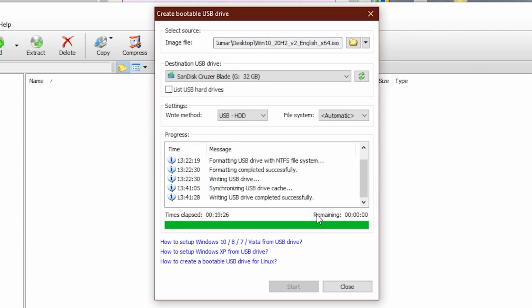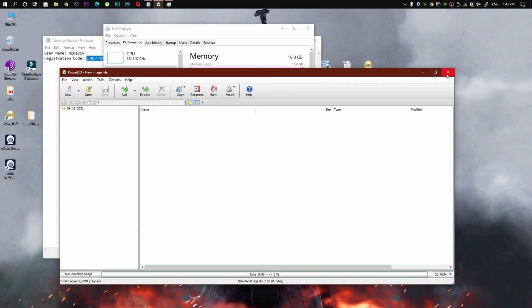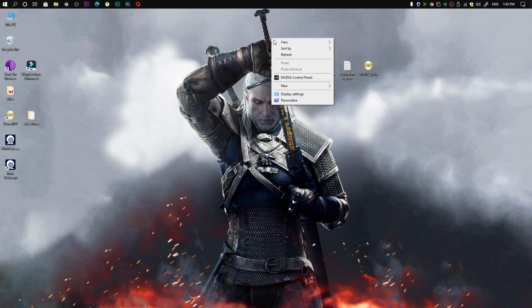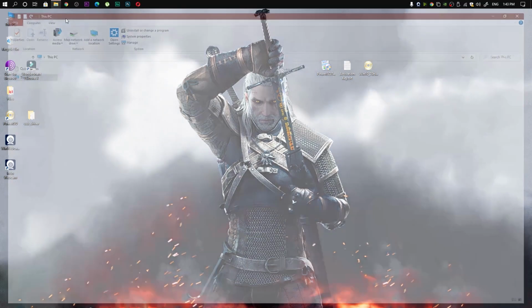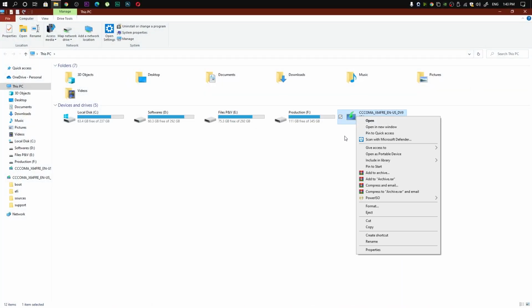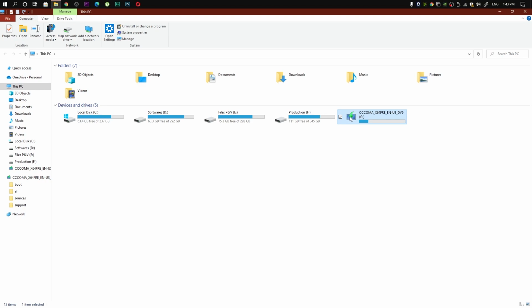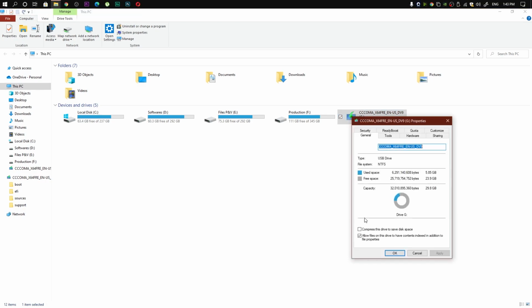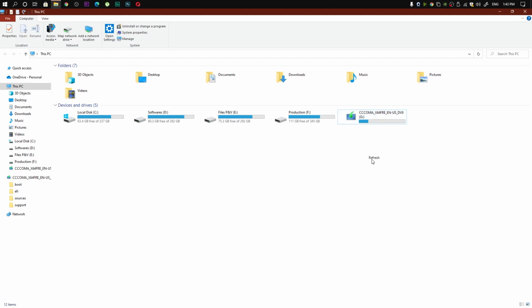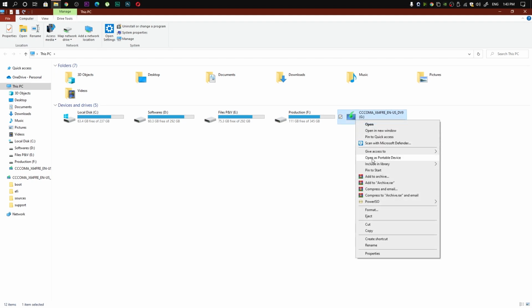Press OK, and then close, close, close, and close. Refresh and go to file manager. You can see its thumbnail has changed. You can see in the properties its name is also changed, and 5.8 gigabytes of space has been occupied. Refresh, right click on it and eject. After that, plug out your pen drive from your PC